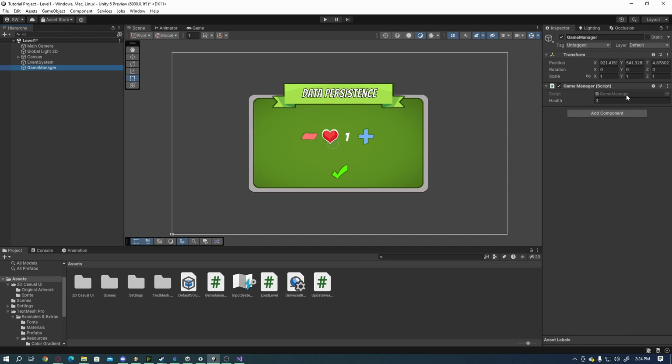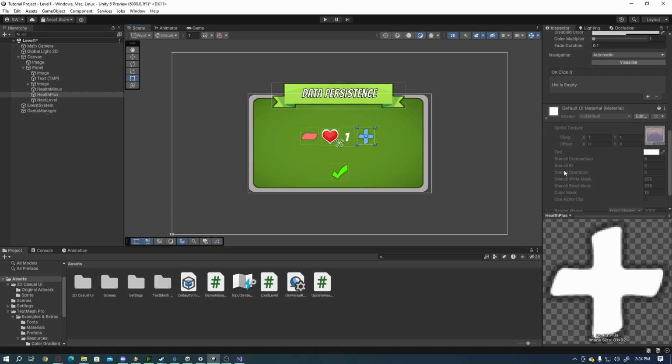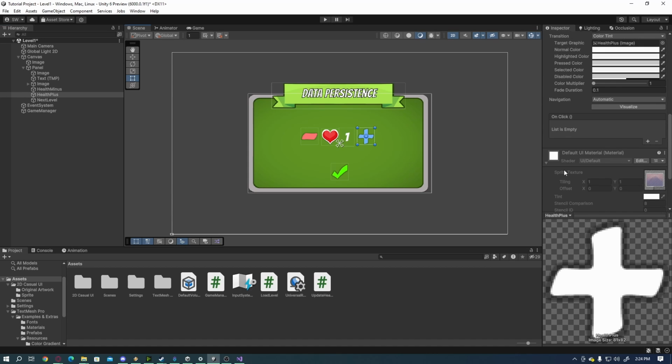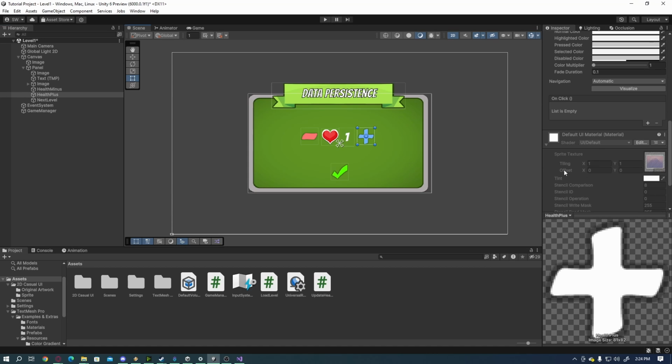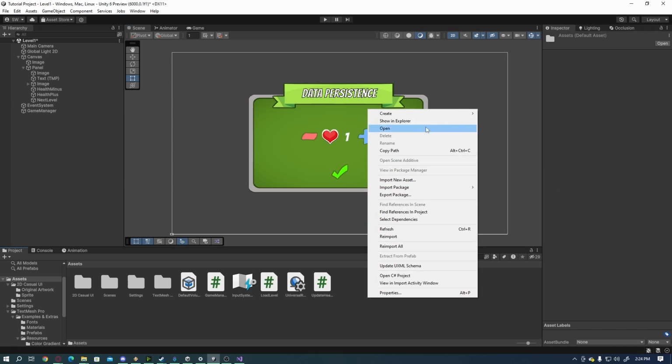So we've got this game manager here. It's got 3 health. Now what I need to do before I can do anything else is go and set up my buttons. Now I don't have anything in here yet, but we're going to go ahead and create that. So I'm going to go ahead and create a new C# script,